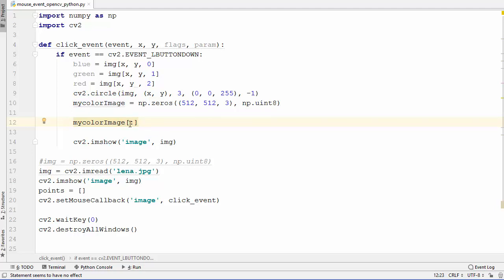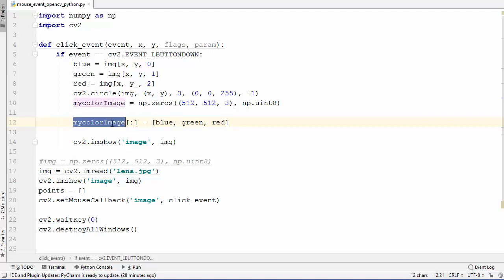This means we want to fill every channel or every point of this list, and then we will just pass our BGR channel values which we got from the image. So blue, green, and then the red channel values we are going to pass. So this will give us the BGR channel, which will be the color of the point where we have clicked.